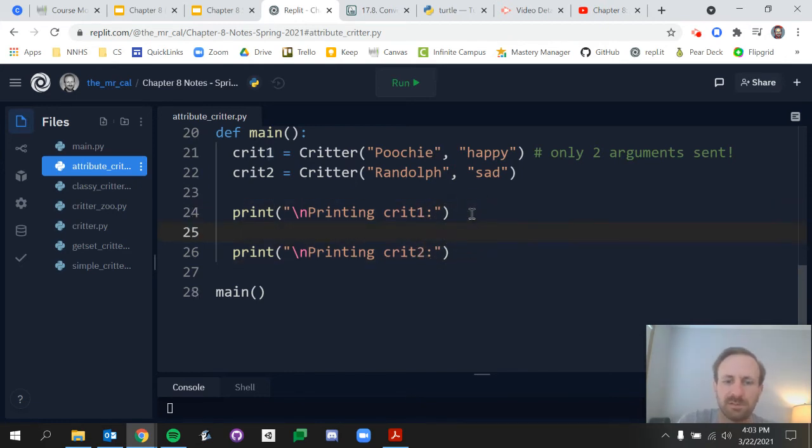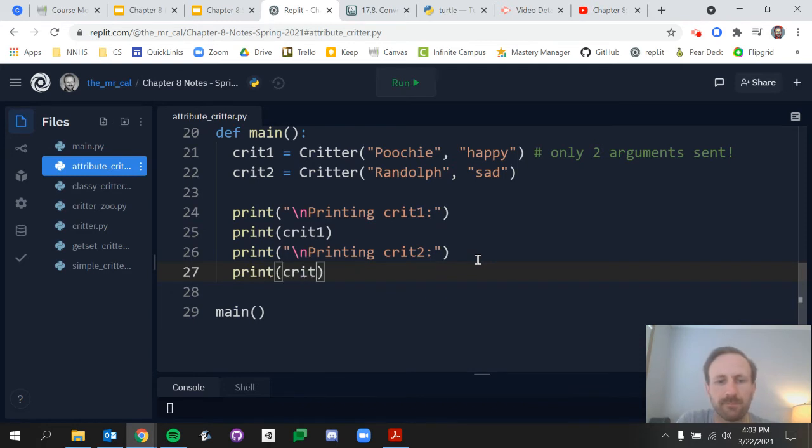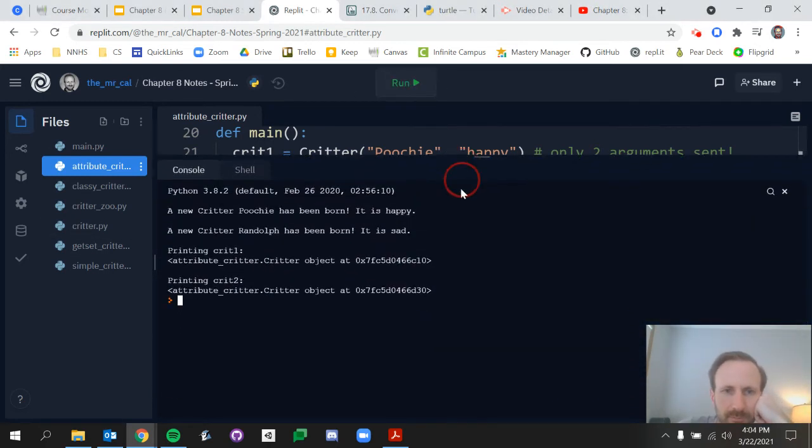Then we're just going to print the object. When we do that, without a string method implemented,